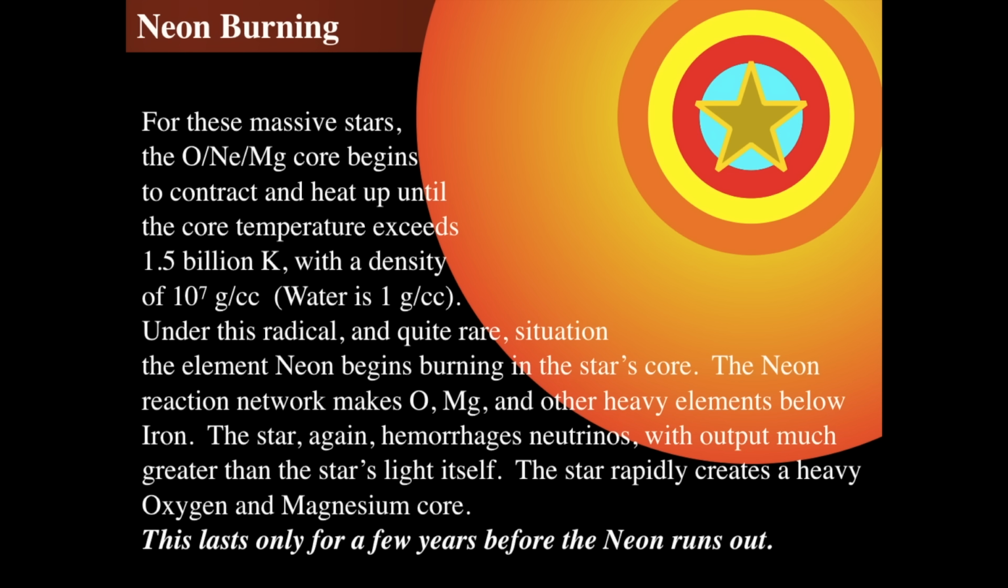Now we're below the element iron. Remember, the carbon, nitrogen, oxygen cycle created neutrinos, as well as all of the carbon burning that created the oxygen, neon, magnesium. That created enormous numbers of neutrinos, and now most of the luminosity of the star is in neutrinos itself. And the star rapidly creates this core, and neon burning can only last a couple of years before it runs out. This temperature is simply too high, the density is too high,